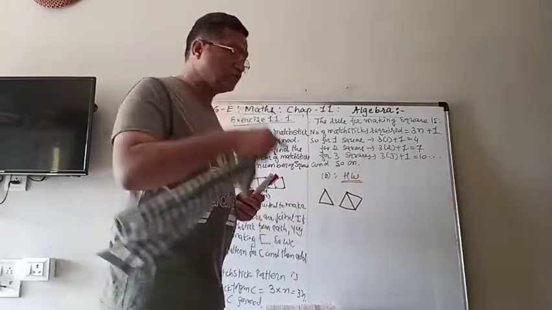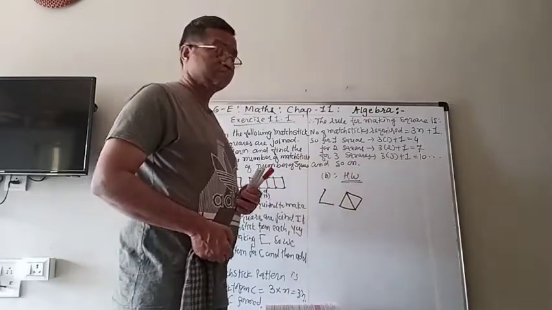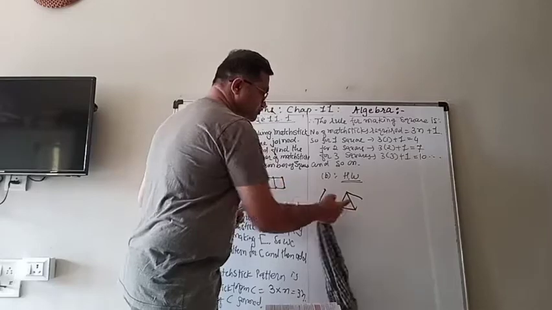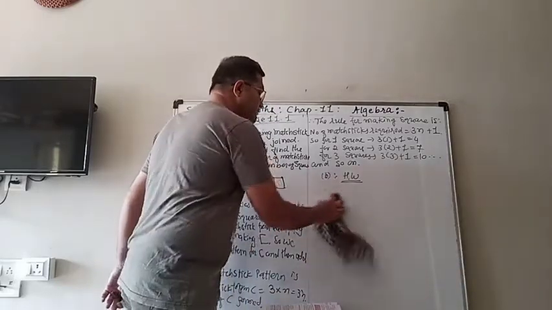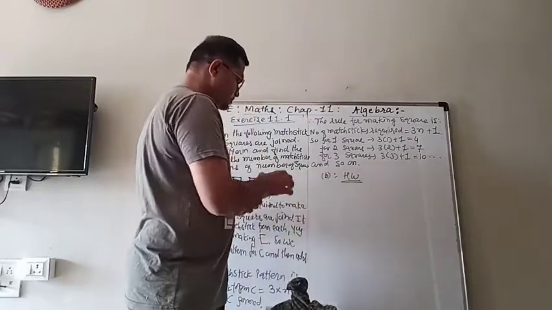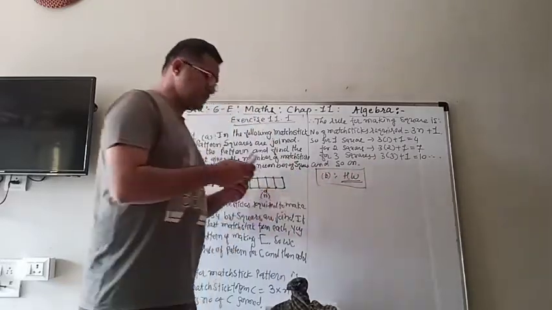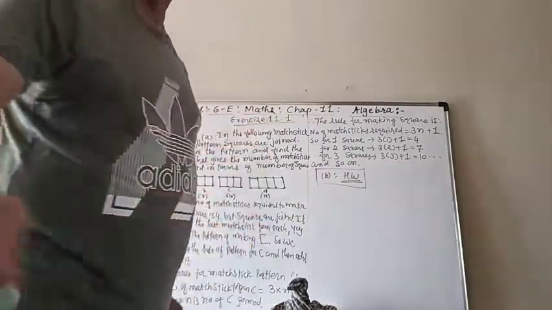Here also you have to use the same idea. Just take out one. Then you can see that there is the pattern V. So now I gave you a hint. On that hint you can do the second one, B, for your homework, and it is very very easy like this.